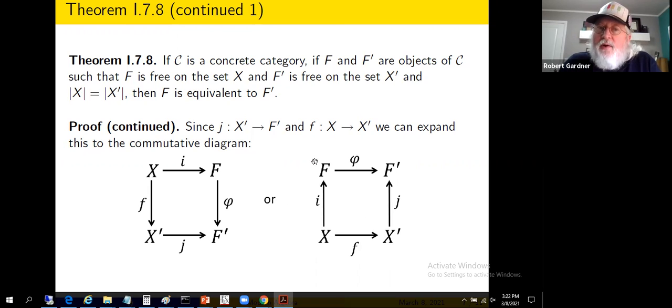The goal here, again, is showing F is equivalent to F prime. That means I need identities on F, a composition that gives identities on F, and a composition that gives identities on F prime. 1 sub F and 1 sub F prime was the notation that Hungerford likes. We've got this kind of mapping. I don't see anywhere inside a mapping of F to itself. But